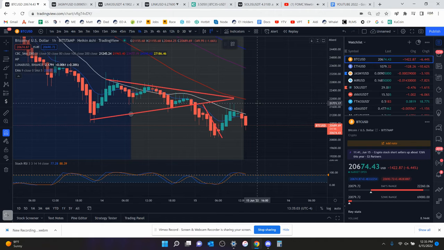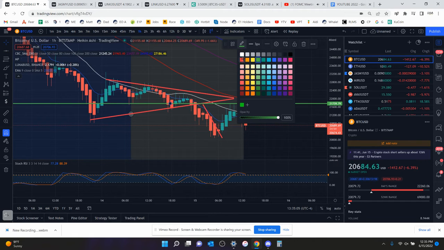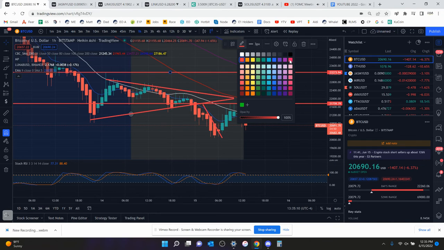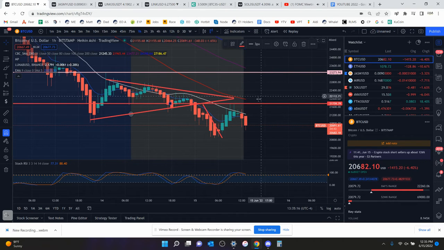I'm going to put resistances here, so I just know that for my own sake. Those are the targets you have to get above. I will make them a different color because it's technically not a real resistance, it's a little resistance, but more than anything, it's just a target you have to beat. So I'll make them whitish or whatever color that is, just so that you guys kind of know.